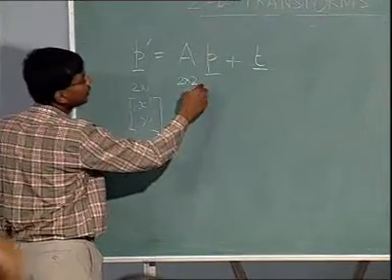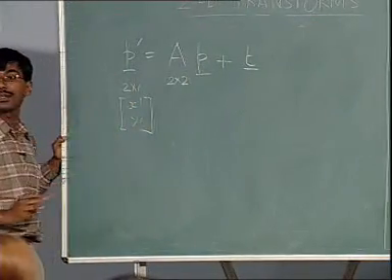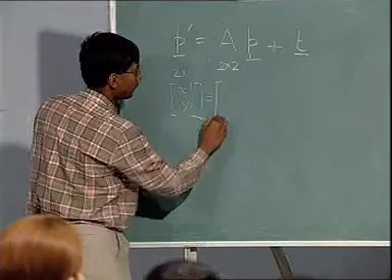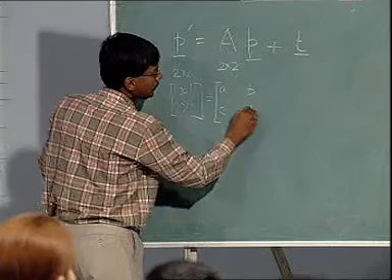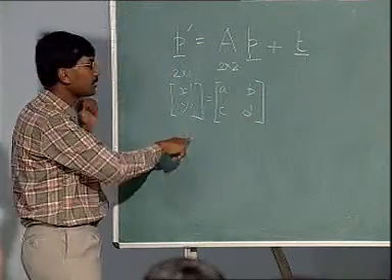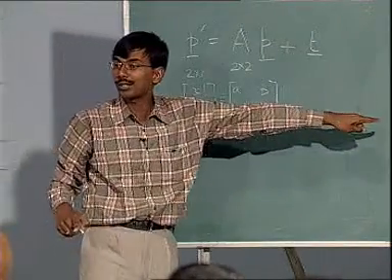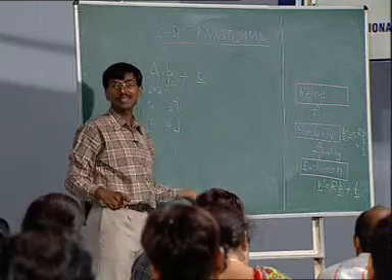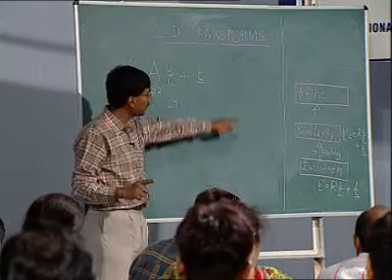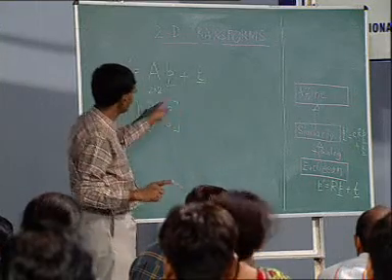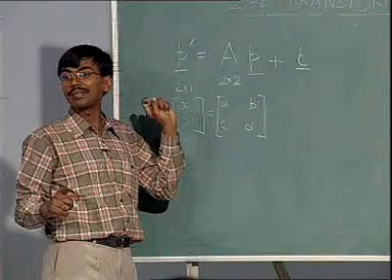If we call this any general 2 cross 2 matrix, let's call this A B C D. This is a general 2 cross 2 matrix, unlike the constrained 2 cross 2 matrices we had there. Like in the Euclidean case, there was only sine theta and cos theta, one parameter. In the similarity case, 2 parameters came in. In this case, 4 parameters came in, because they are different.